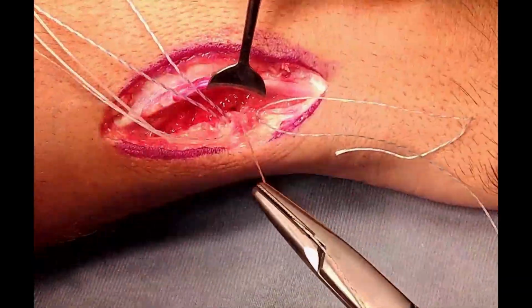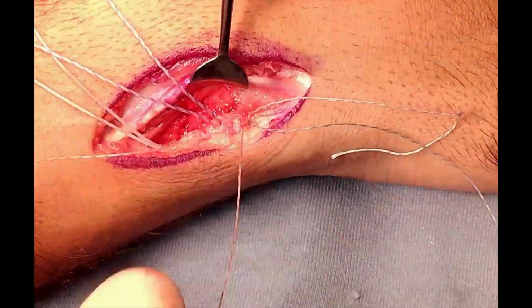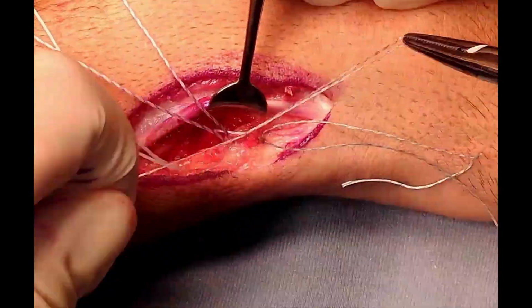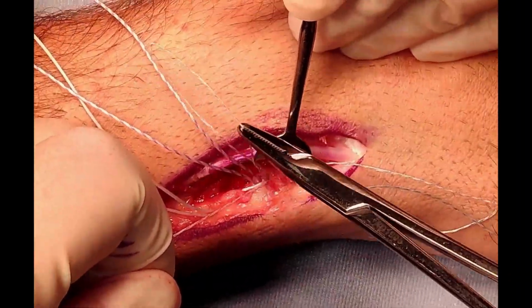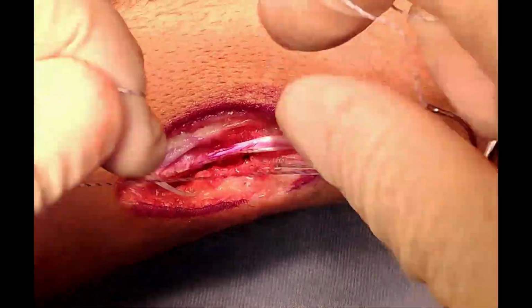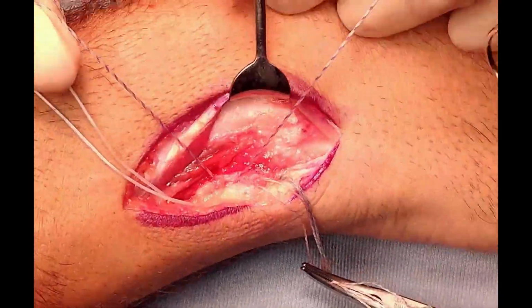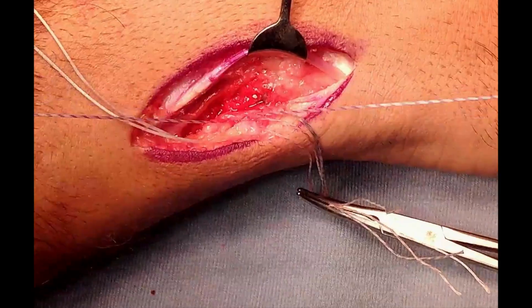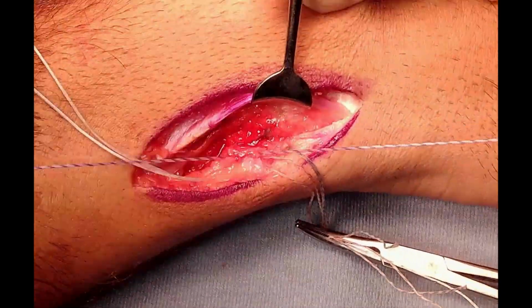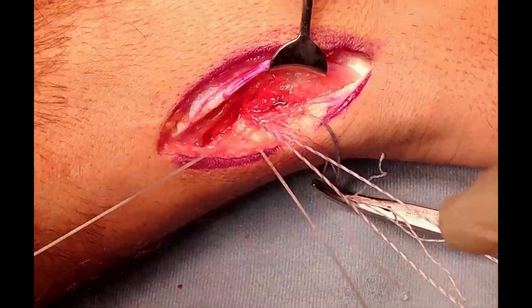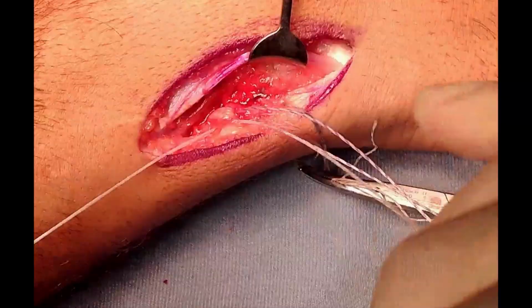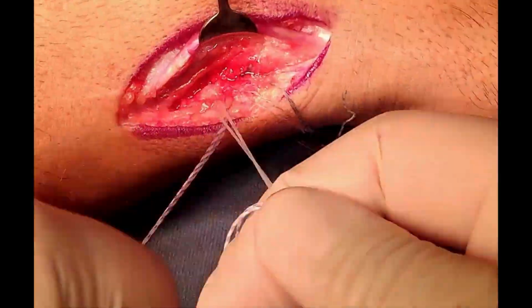Now we will suture these strands, one by one, starting distally, going back proximally. As we can see here, these fiber wires have metal inside, and they are strong, and they will help stabilize